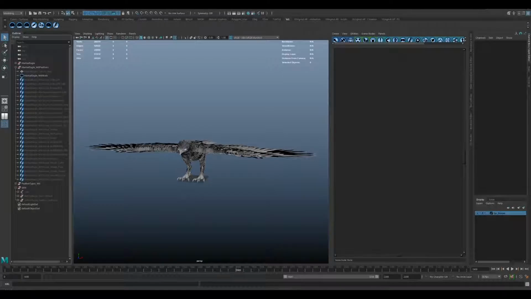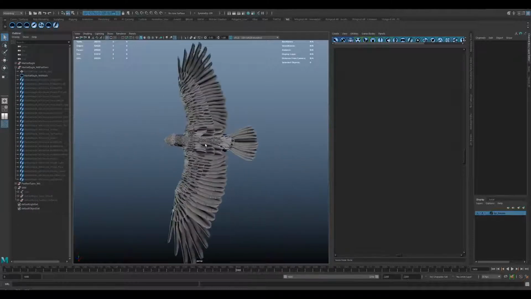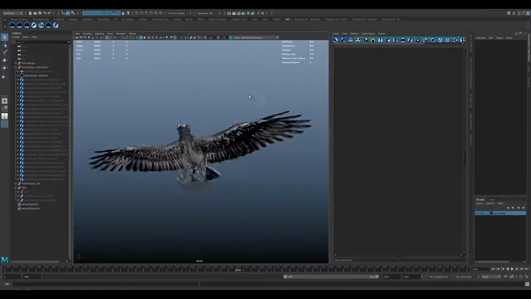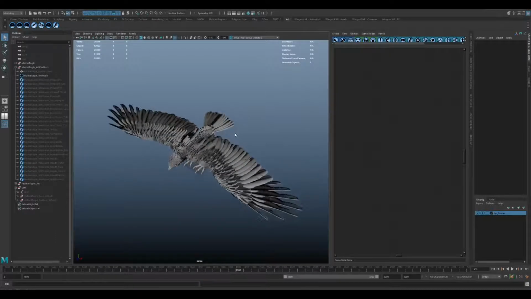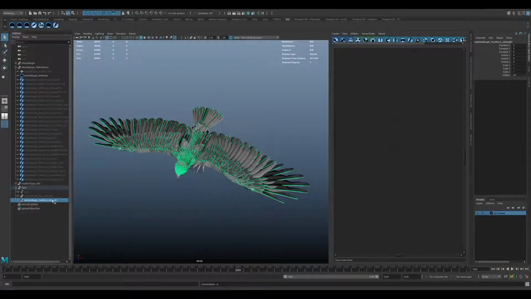Unreal's strand system only binds to geometry, so you can't bind a strand to another strand, for example, which is sort of what a feather is and kind of how Yeti handles feathers. But even then, you can't rig and animate a strand. So we tried a couple of ideas, but ultimately what we settled on was instancing a geometry spine as well